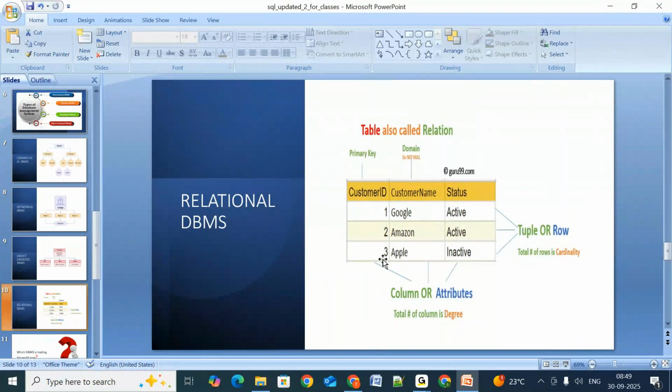Because for every 10 years there is a possibility of data increasing vastly, and if it increases like that, obviously it is very difficult for us to handle, right? Now what EF Codd is thinking, he wanted to introduce a new DBMS, which should be in the form of a table.